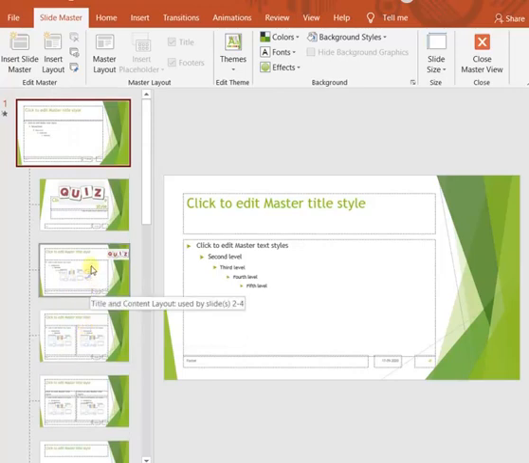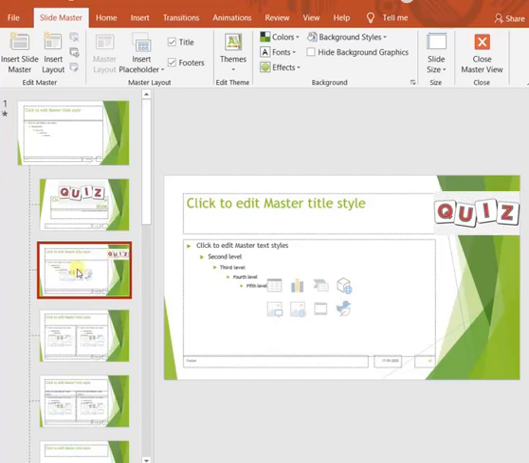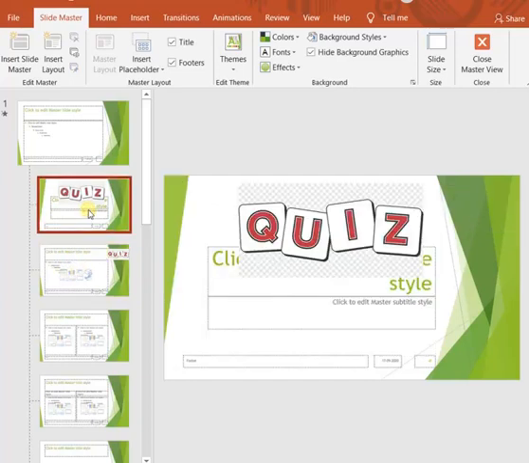But if you put your pointer over these two, you will see that it is showing 'used by slides 2 to 4'. That means it is used by slides 2, 3 and 4, and the other is used by only slide 1. And here, the first slide of the slide master view is the slide master.